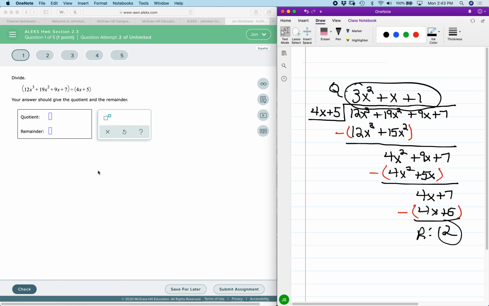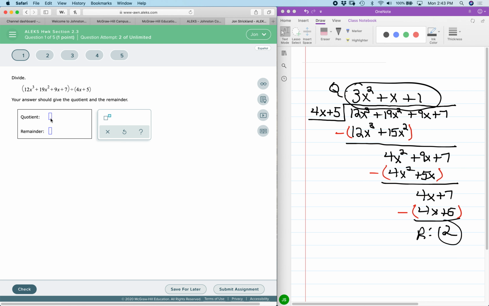So just taking what we have now, with the quotient I have 3x squared plus x plus 1, and we have a remainder of 2, and upon checking out,